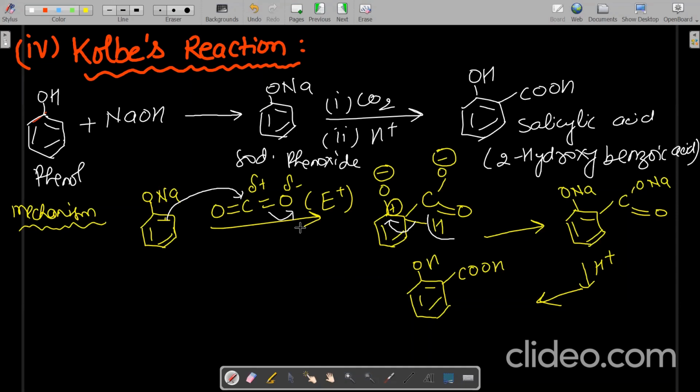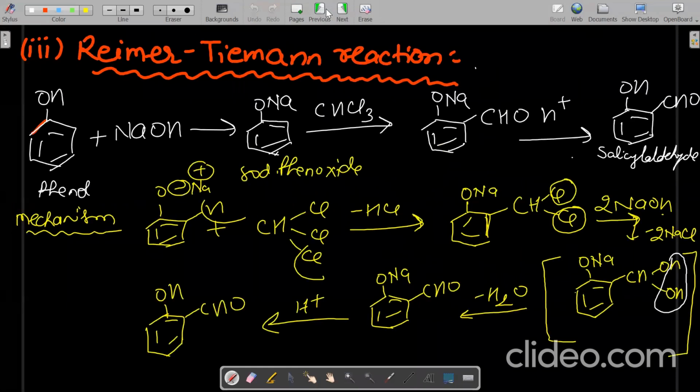In exam, it is not required to show the mechanism, to show the step reaction. A simple reaction, whatever I have written at the top in white color, you can write that. No need to show this yellow reaction. Just for your knowledge only I have shown you, okay? Because you must know what this is. In a competitive exam, if it comes, which one is the nucleophile over here, you can write CO2. Even in the previous reaction also, you can say which one is the nucleophile.